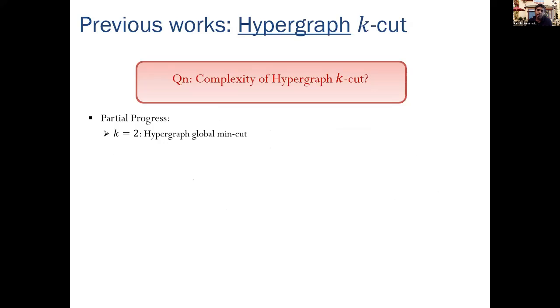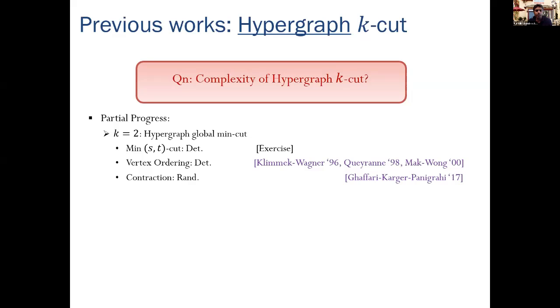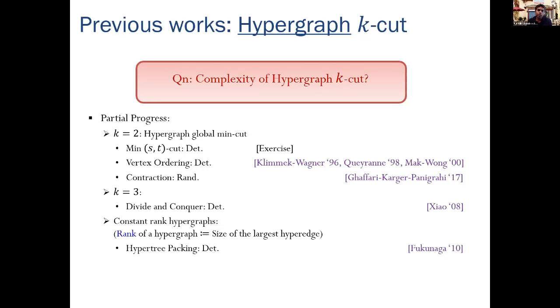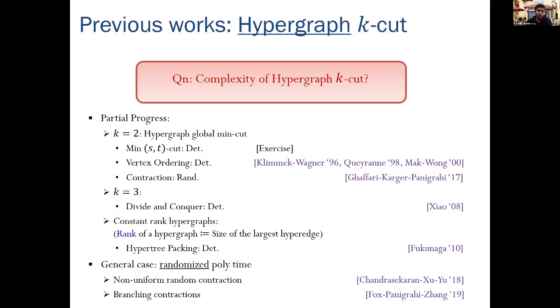One can solve hypergraph 2-cut, global min cut in hypergraphs, if we can solve min ST cut in hypergraphs. It's a nice exercise to see that min ST cut in hypergraphs can be solved in deterministic polynomial time, which means hypergraph 2-cut is solvable in deterministic polynomial time. There are also alternative algorithms for hypergraph 2-cut, and there are also other special cases of hypergraph k-cut which admit polynomial time algorithms. For the most general case, there are 2 randomized polynomial time algorithms